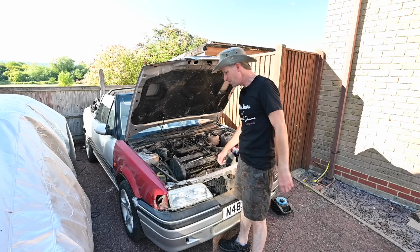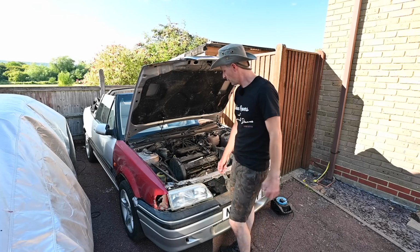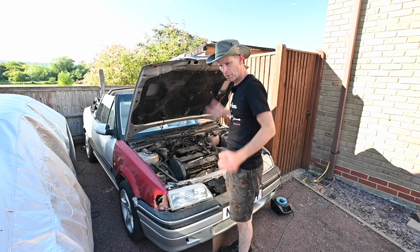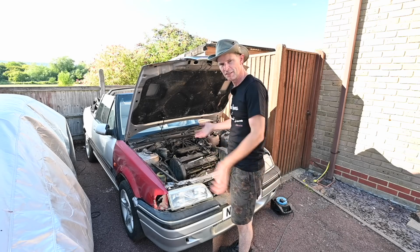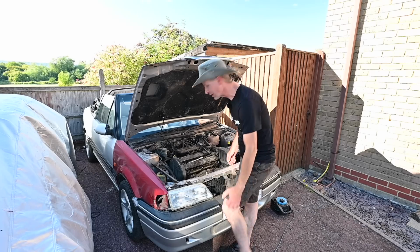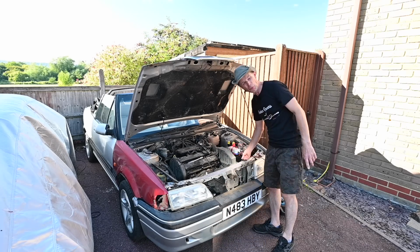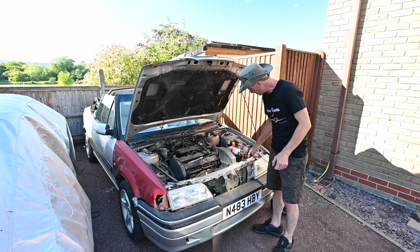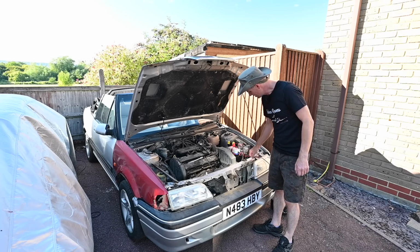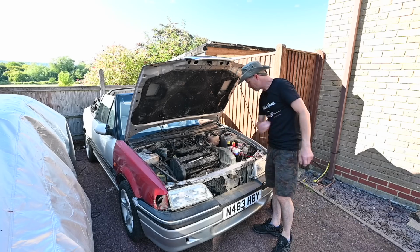But then, typically, I just went to move this car forward, nice and simple, so I can start preparing the easy bits and pieces, so it's a nice, quick and easy job for him to help me out. And guess what? It wouldn't start. Crank, crank, crank, crank, crank, wouldn't go. I noticed this earth strap here was boiling hot, so I thought, I know, I'll just clean this connection here. So I unbolted it, heard lots of clicks and buzzes, cleaned it all up, bolted it back on again, and